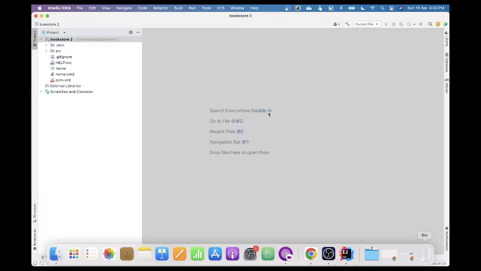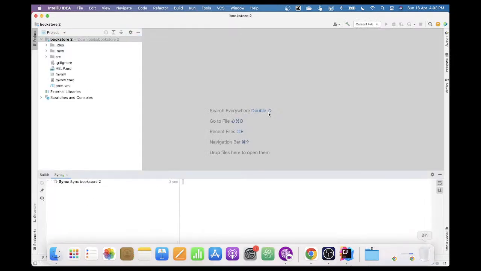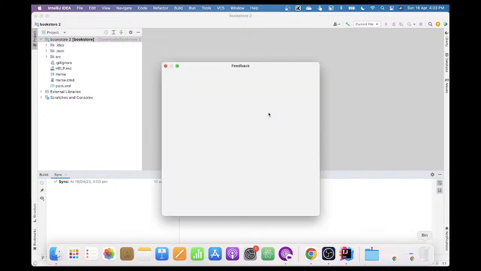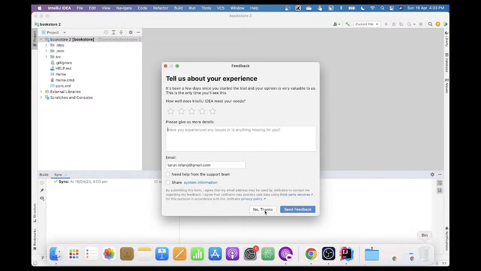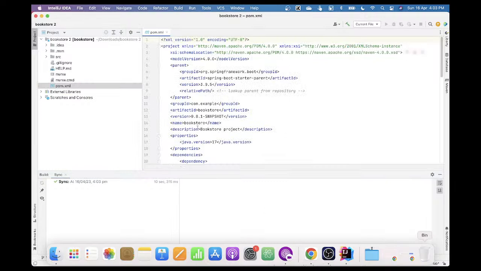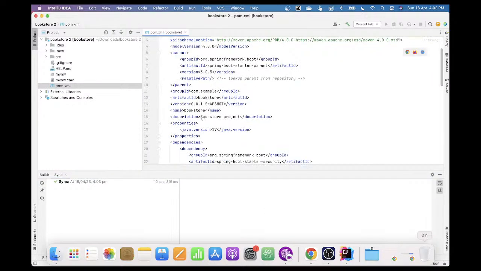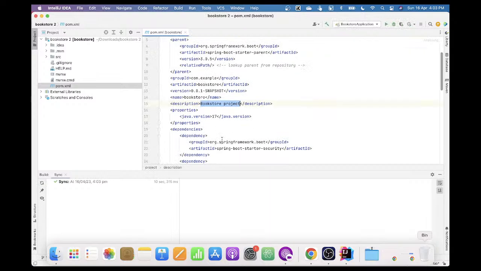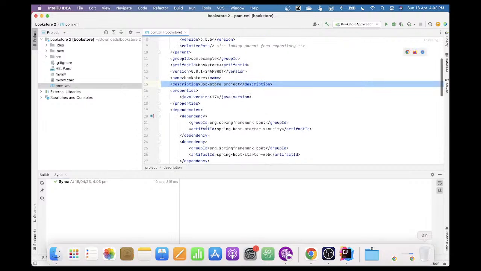This is a very intuitive IDE, you would all be familiar with it, and you can download and install it. In a few minutes you will get the IDE running on your system. And see, exactly the same thing is what you are getting here, right? We saw that in pom.xml, whatever code we created, we have it here. So this project name, project description, and our dependencies which we chose, which is Security, Spring Web,